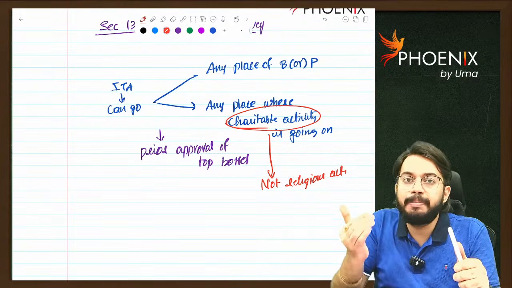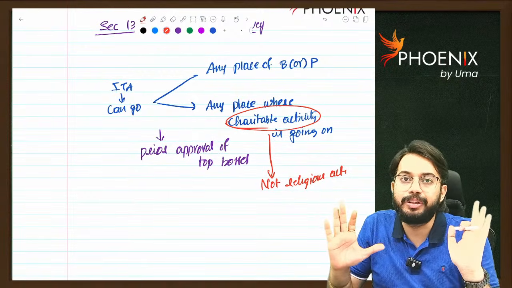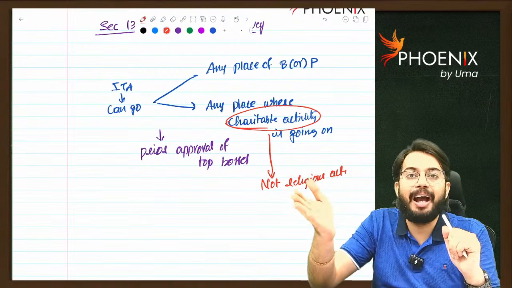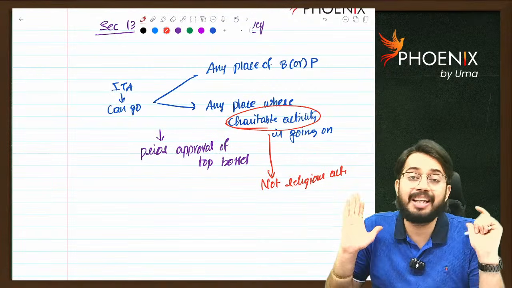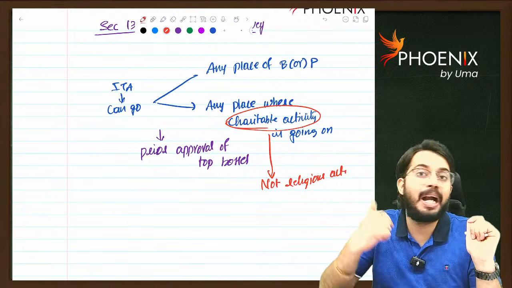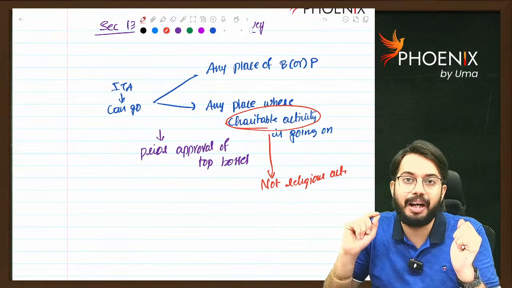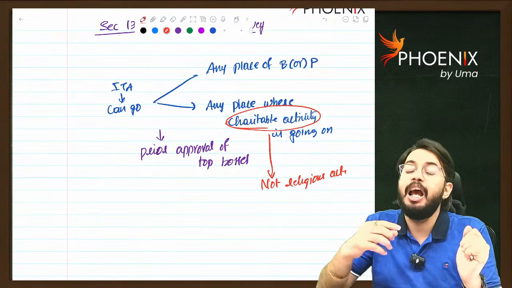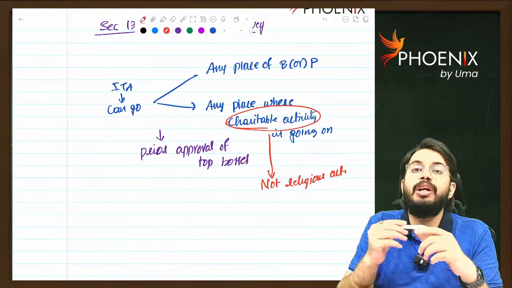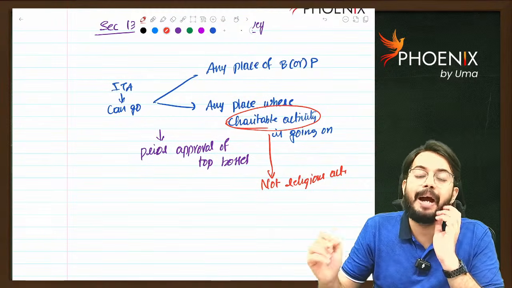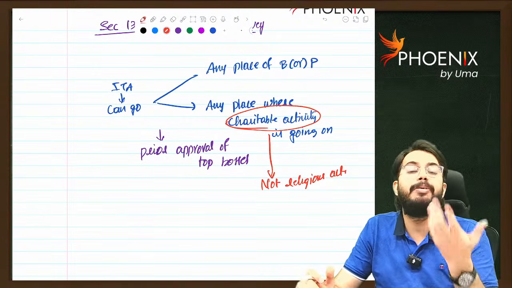Suppose the income tax department suddenly came to survey my office. I maintained one cash book. After they go back, I will tear off that cash book and bring a new cash book. Chances are there. So what will the department do when they are doing a survey? They will keep identification marks. Whenever the department comes again, I should show the same cash book with the same identification mark. So the department also has the power to keep identification marks on my books of accounts.